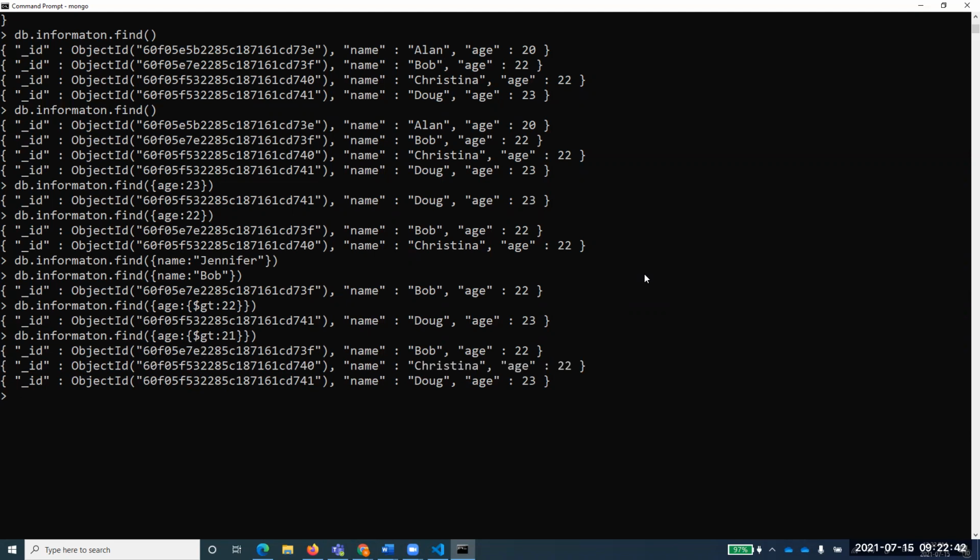Does that make sense to everyone? Alice, I hope you will catch it up very quickly, because you understand the concept. So greater than, less than, these are all the switches that we use. These are the selection criteria that we use. But remember the syntax: within curly braces, you will make another curly braces, and then you will provide the condition to it, and that condition will be working for us. Right?